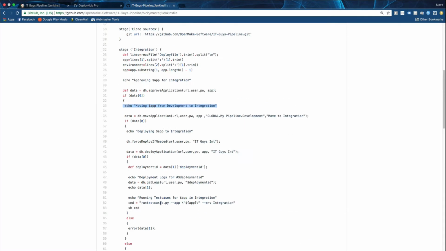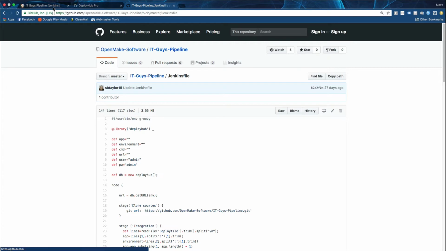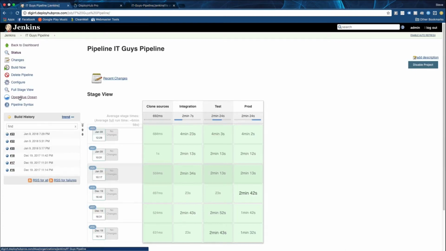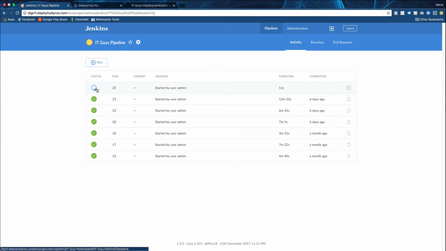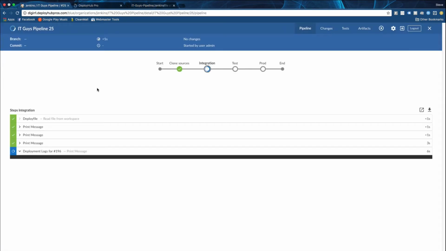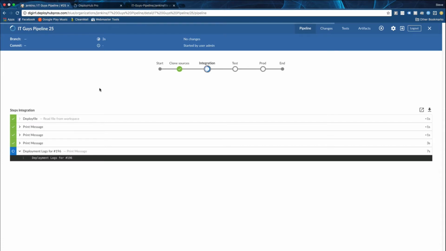So this is a Jenkins file that we're going to be utilizing. And I'm actually just going to go into Blue Ocean mode here. So we'll go ahead and run that. So here is the start of our deployment. And again, you can view this. There's a little bit of a time lag from